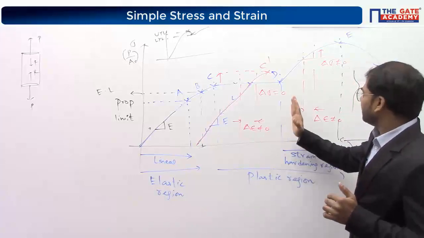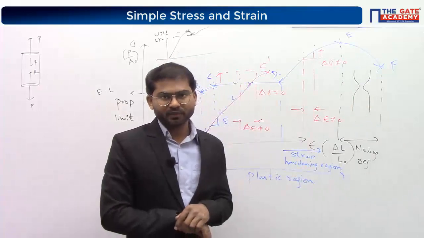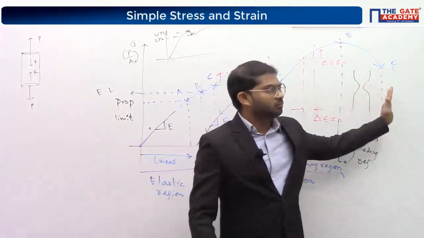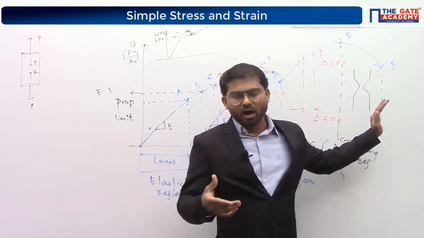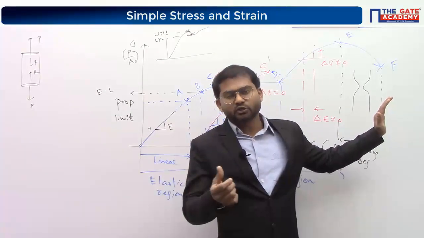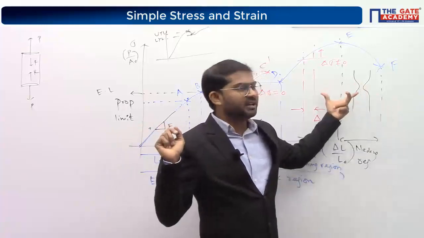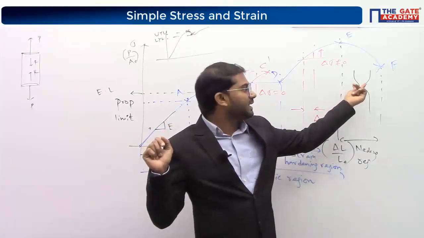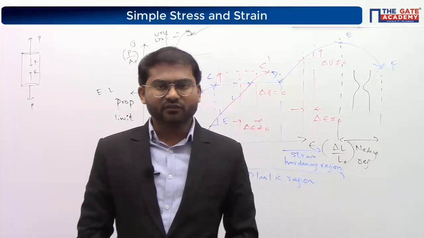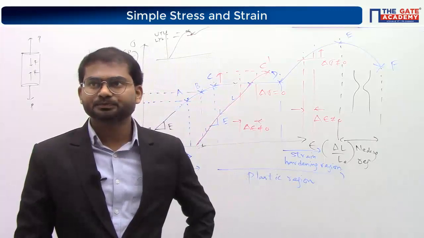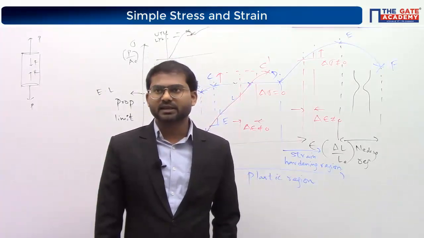That's the reason why the D to E region is given the name strain hardening region. Ideally speaking, the total area we can call the strain hardening region itself, because the metal already got hardened or stiffer due to the strain produced prior to that. But in this region it is showing the necking phenomenon, a drastic decrease of the area of cross section. That's why we give the name necking region here.